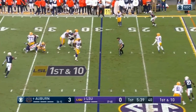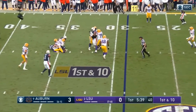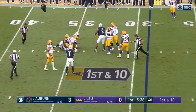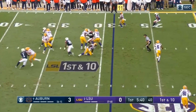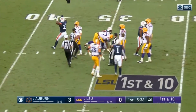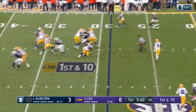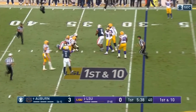Doing those little things is going to be something that, at a certain point, again, I do realize how difficult something like that is, but I'm just saying that I do think that sometimes you see him not realizing totally what's going on, not making the correct decision all the time. Sometimes he tries to go too hard for that deep route, and I think that if he looked around a little bit more, was a little bit more patient, maybe even checked the line before you even look deep downfield,